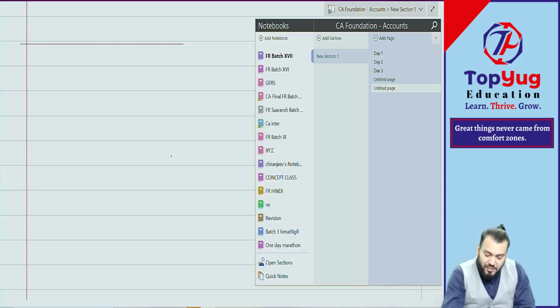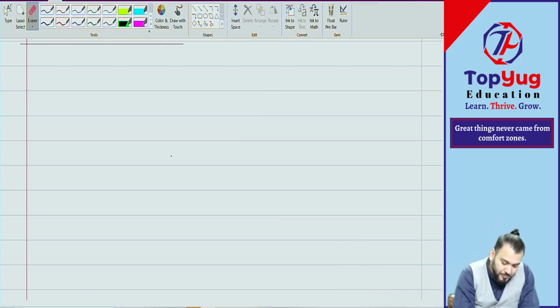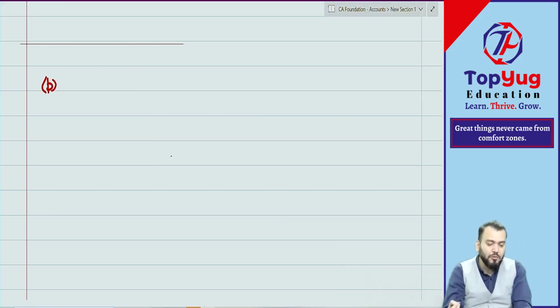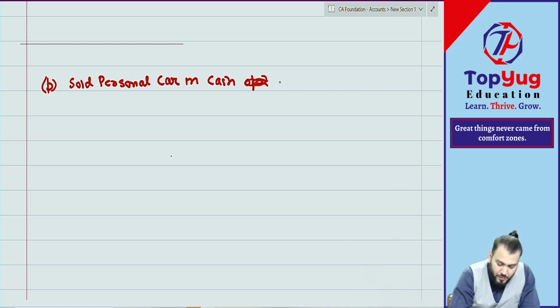So, what was the last transaction number? O. Then write down P. We'll take two more transactions, then we'll shift to another concept. Write down: sold personal car in cash for rupees